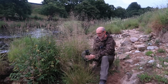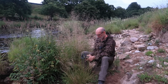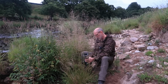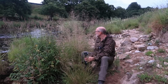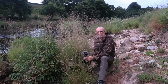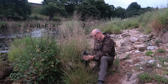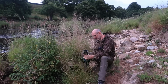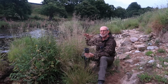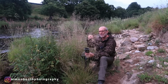So the technique is exactly the same as before. I'm just on f4. In terms of ISO, I'm on 400, and I'm getting really fast shutter speeds. That sandpiper's almost following me around this morning. I'm sure there's probably a few on this stretch of river, and just shooting up to the sky and looking for nice compositions where all the spikelets form a clean composition, one where everything seems to have a place,